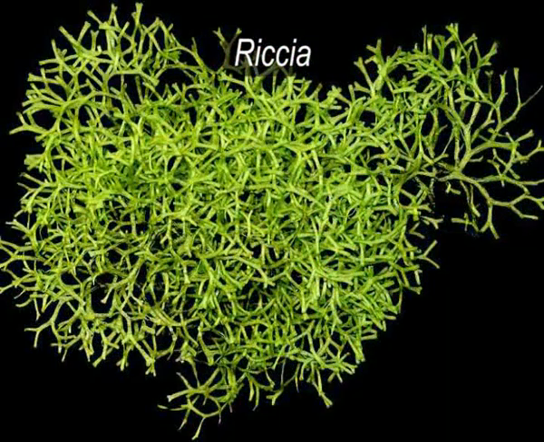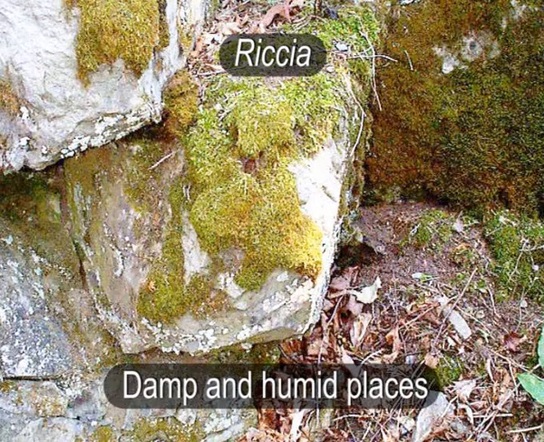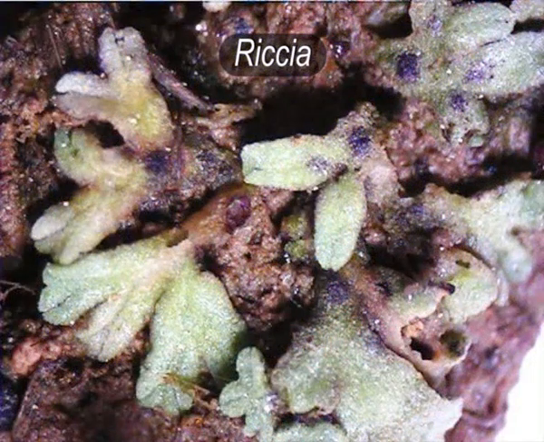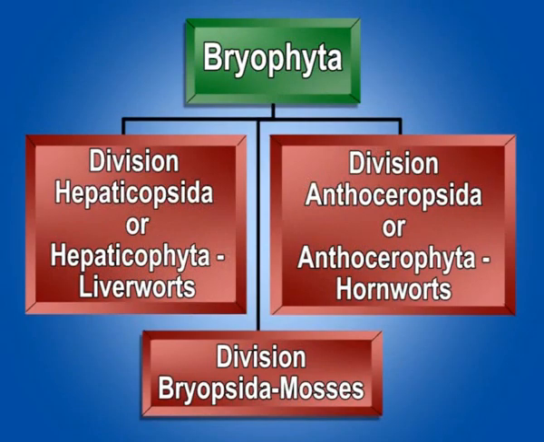Riccia is the best known species of liverworts, which is usually found in damp and humid places. The main plant body of Riccia is flattened, somewhat leaf-like body, called a foliose as shown here. The second division is